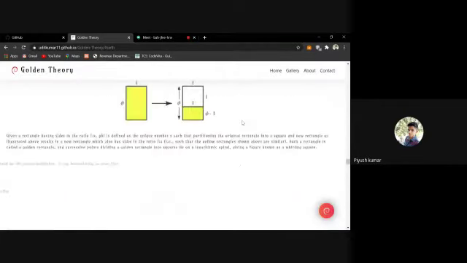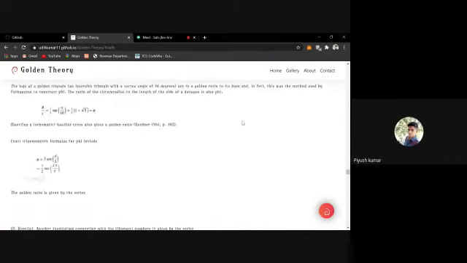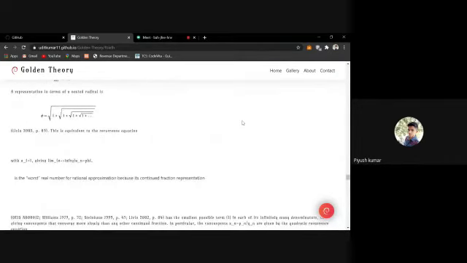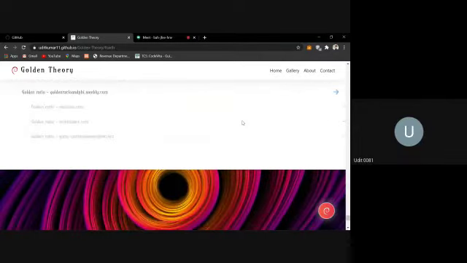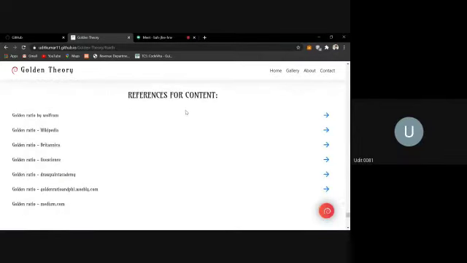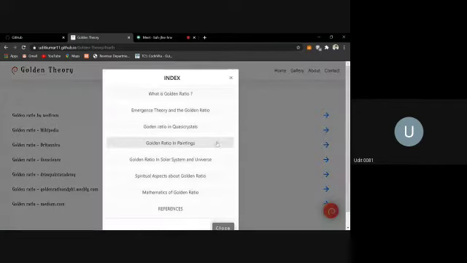So coming down, we have some references for the content we have used in our web pages. In the index we could have used scroll spy, but we haven't, because then we would have to give a little bit of space on the main page, and I don't want to make it more crowded.